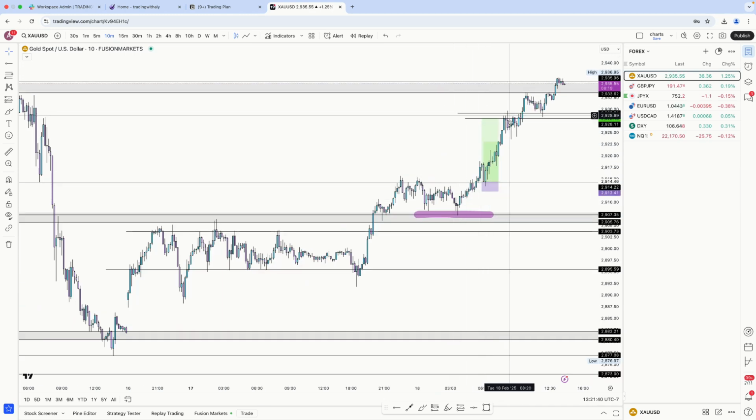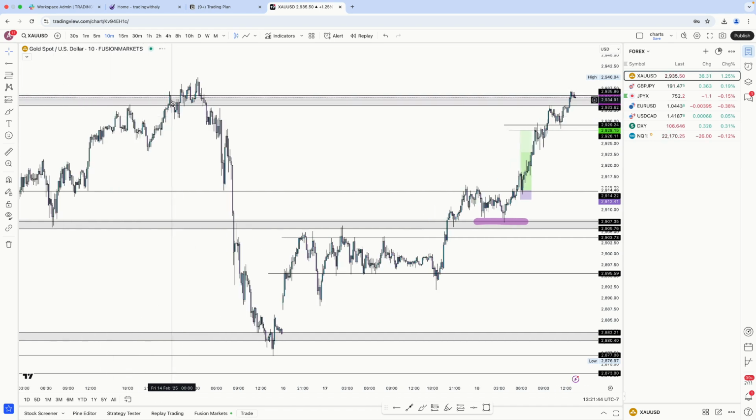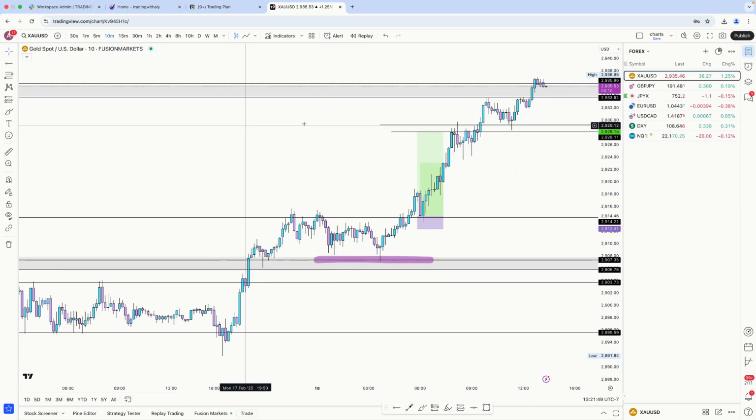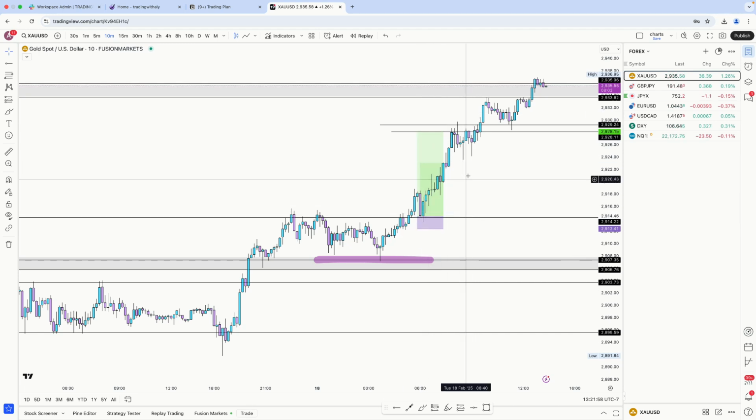Again, when price is close to the major structure, the major high in this case, it usually tends to go there like 98% of the time. So this is just a small correction because it's starting NY. The start of NY was 6 a.m. It kind of gets slow and then it starts